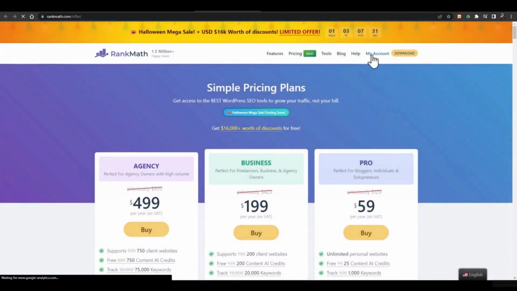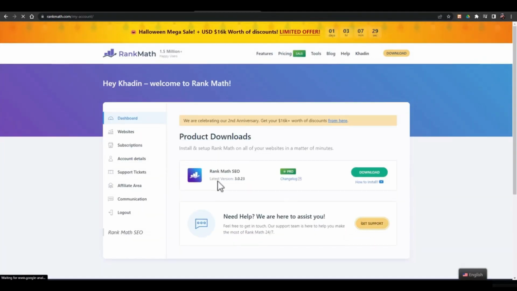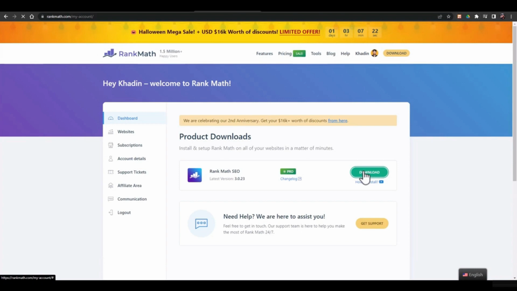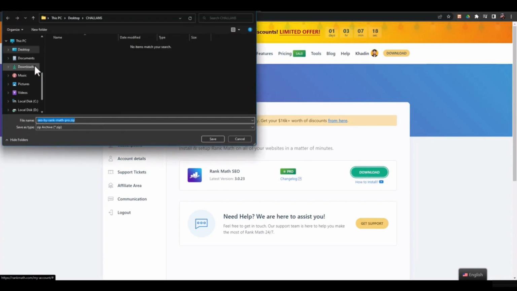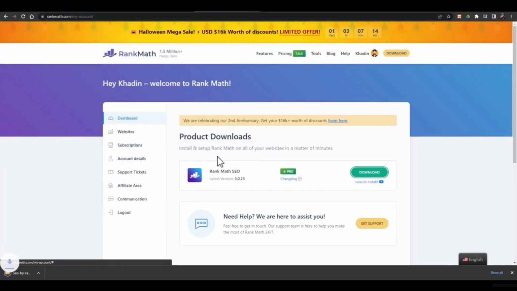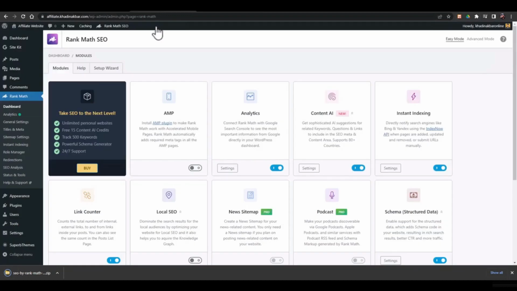I already have the Rank Math Pro version, this one. So what I'll do is I'll just download this one, and I'll go to downloads, and here I'll just save it. It's getting downloaded. I'll go back to my website, click on add new,